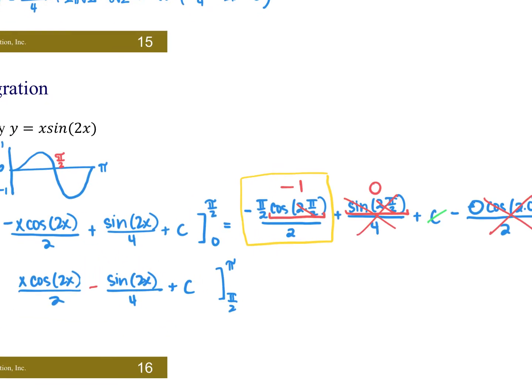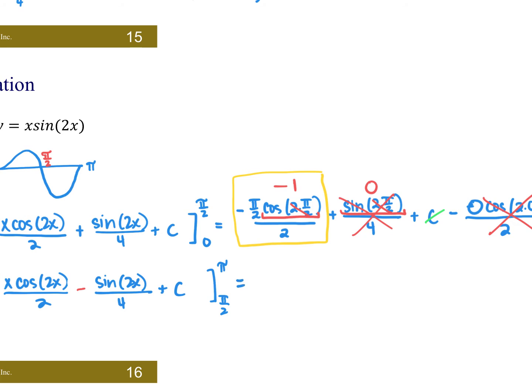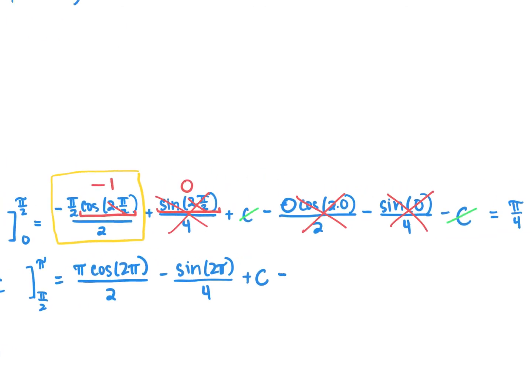All right, let's do the second part. Okay, I'm going to plug in all of my upper bounds. So that's going to give me pi, the cosine of 2 pi all over 2, minus the sine of 2 pi over 4 plus c. And then minus, now I'm going to plug in pi halves. So pi halves times the cosine of 2 times pi halves over 2